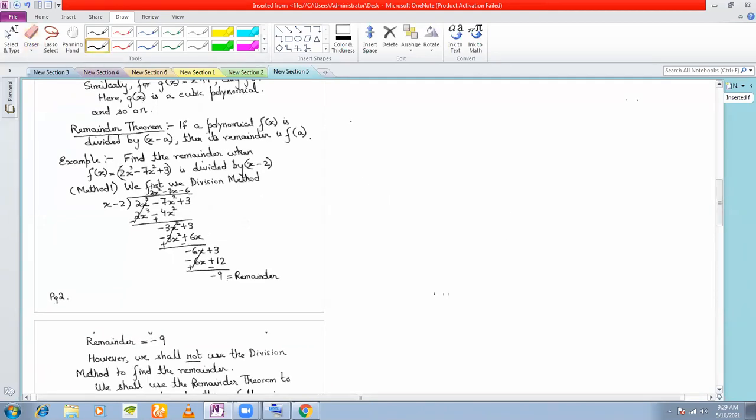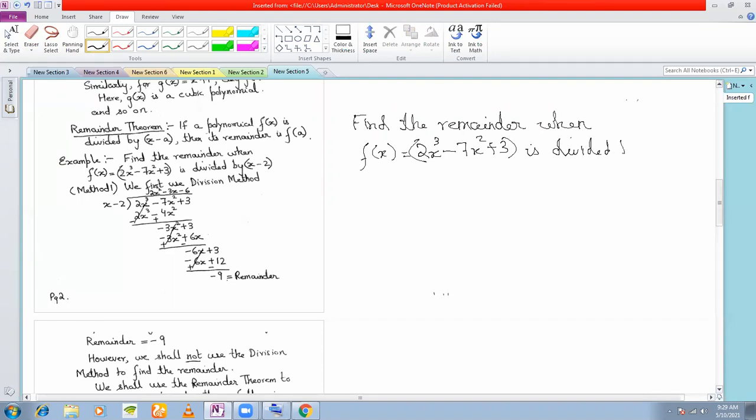Suppose I give you this question that I have discussed here: find the remainder when, say I call it f(x) is equal to 2x cube minus 7x square plus 3, is divided by x minus 2. Okay, you have done this in your class 8, to divide two polynomials and to get the remainder and the quotient, isn't it? So what you do is you divide according to our method,